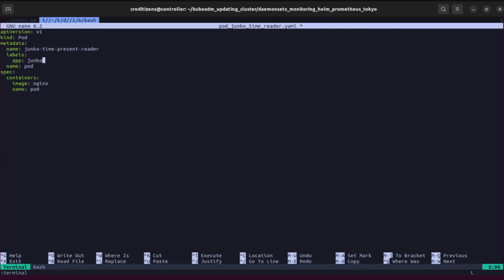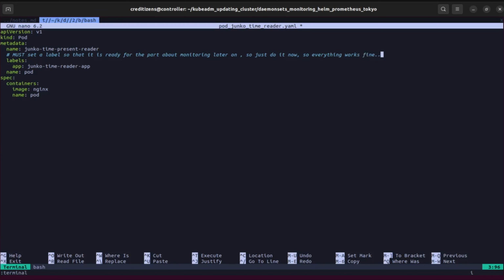I'm going to add the label. So here all the labels will be important because they're going to be used by other abstractions, which are going to be selecting those labels to be connected to those resources. So here we must set a label so that it is ready for the part about monitoring later on the video. So just do it now. So everything works fine, hopefully. So you can create a pod without any label. It's okay, it's going to work. But here we need to have it labeled to make the discovery easy using those names,